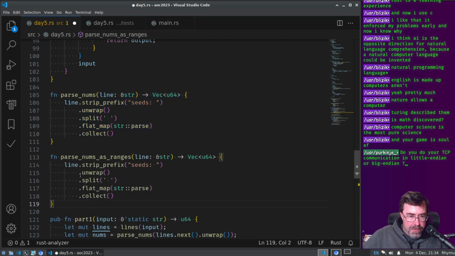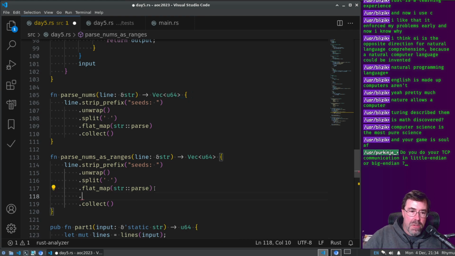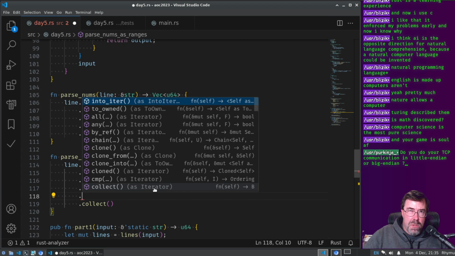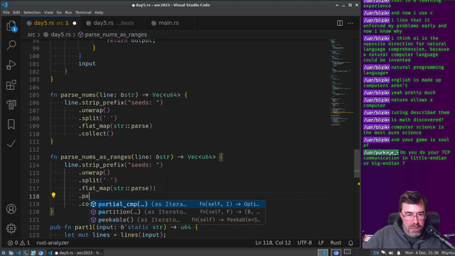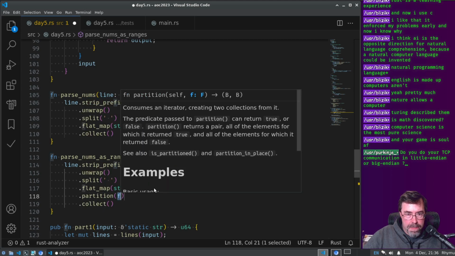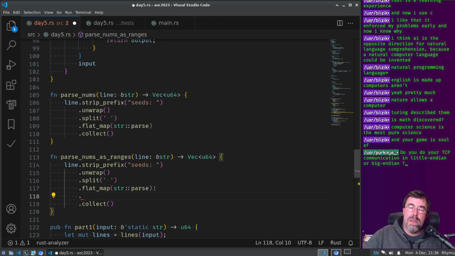How bad could it be, right? So we strip it, we unwrap it, we split it, we do a flat map, and now I gotta do... it's not window, it's like partition. No, I need to grab two at a time.